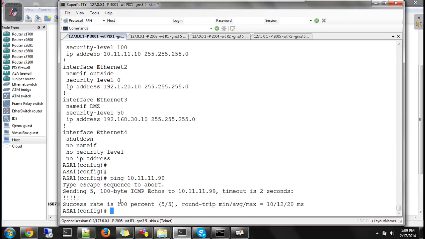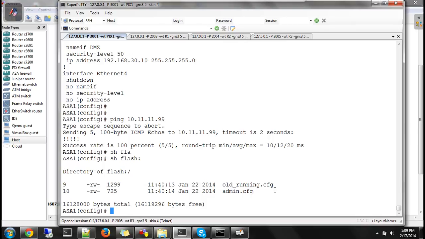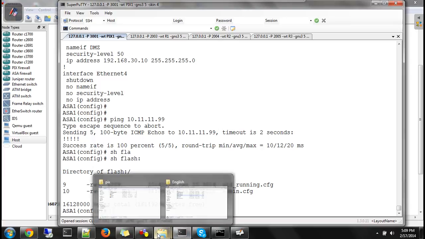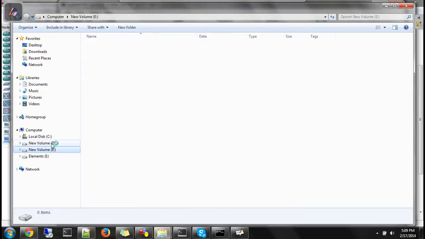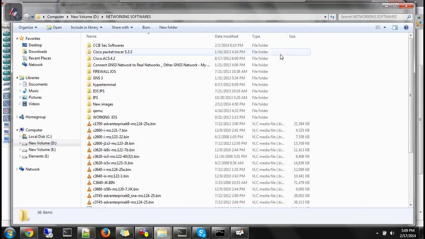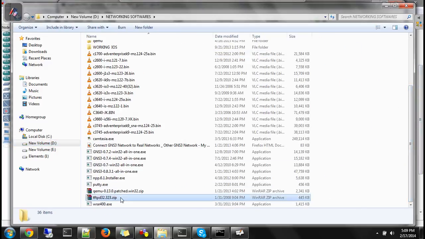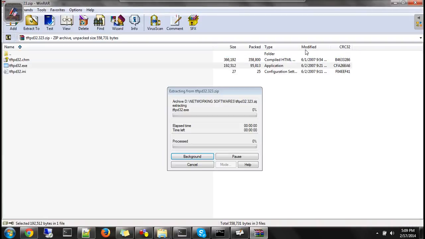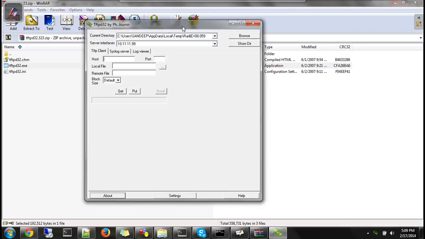Okay. Once this is done, in the flash, we need a file, which is called ASDM file, asdm.bin file, which is used to launch GUI, which is as of now, if you check the flash, is not available. So for this, what I do is we need to copy it. Okay, so for copying, this is your CCNA stuff. So for copying, first of all, what I'll do is I'll run TFTP server. So I'll come here, I'll start my TFTP server first. So my TFTP server is running, that's good.